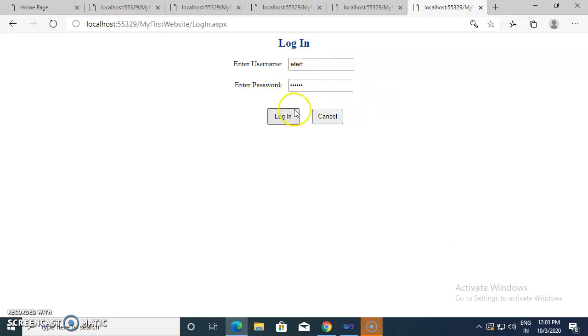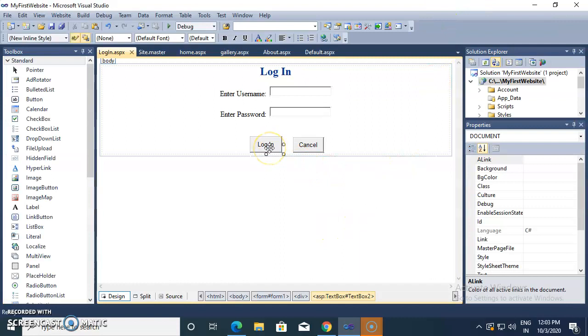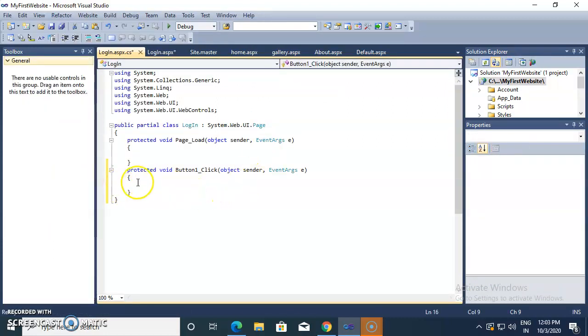Now if you want to display one message after clicking on the login button, then let's see how we can do this. Whenever you click on the button, if you want to run particular code, then double click on that particular button. Then we go to the code window where there is C# coding.